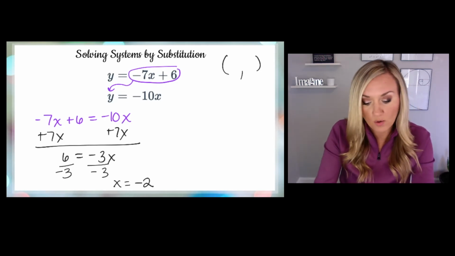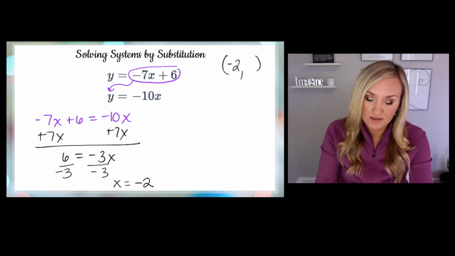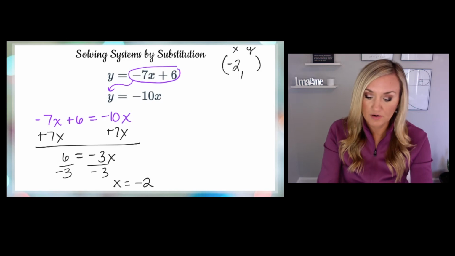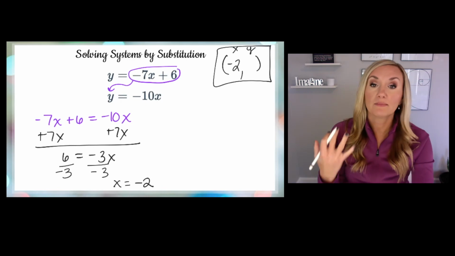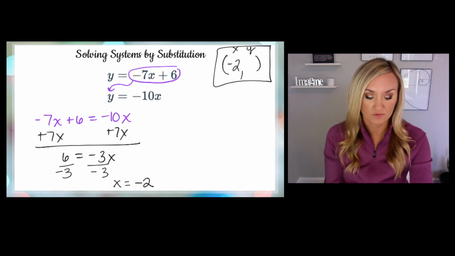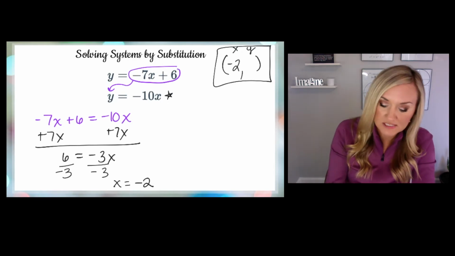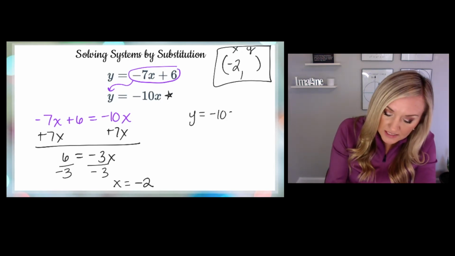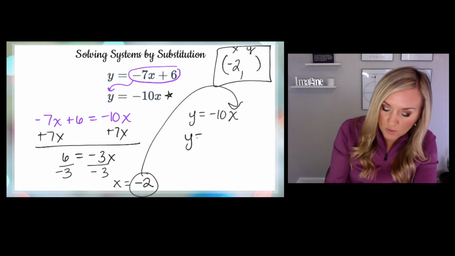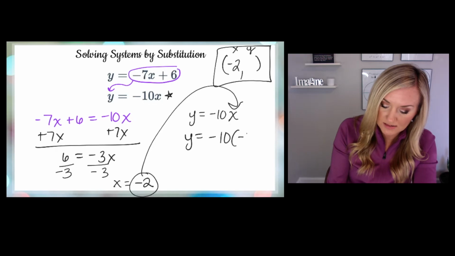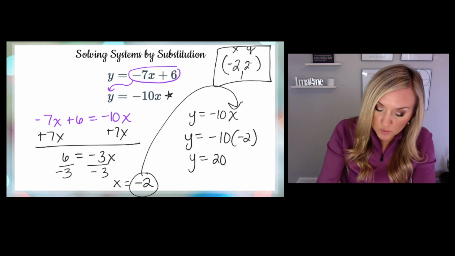So right away, I always like to do this. It's just what works for me: I like to write the x part of that answer right away in the coordinate, the point here, and then I'm going to keep going. I want to plug that negative 2 into either equation. So I'm going to plug it into the second one. Looks like it's less steps. So I'm going to rewrite it out. Y equals negative 10x. I'm going to take this negative 2 and plug it in for x. So y is going to give us a negative 10 times a negative 2. So y is a positive 20. So 20 goes here,